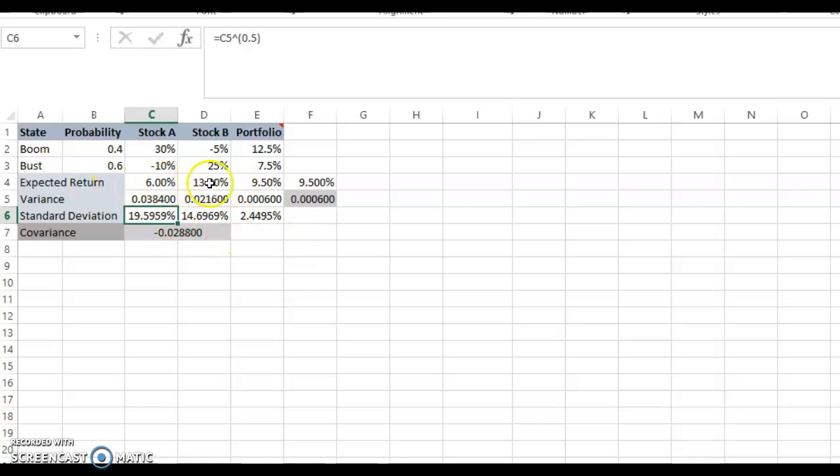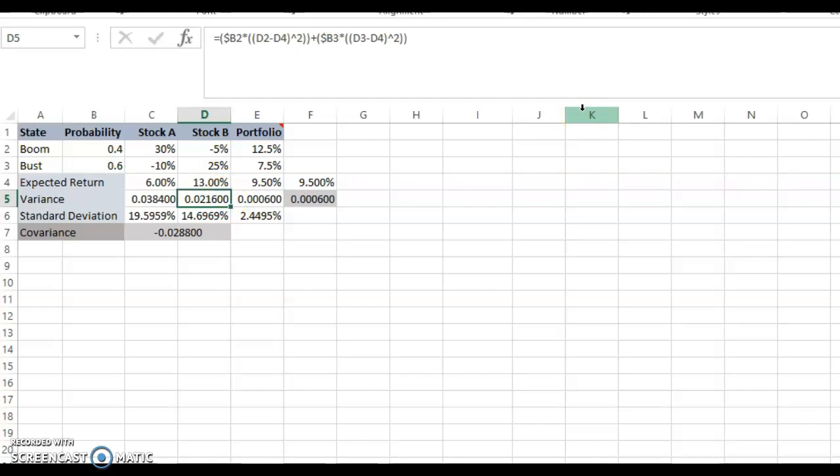So you can do the same for the expected return for stock B, the same way. Let's go through this very quickly. 0.4 multiplied by negative 5 plus 0.6 multiplied by 25, you get 13%. That is the expected return for stock B. For the standard deviation, negative 5 minus 13, you square that, then you multiply with 0.4. That's the first element, you plus that with 25 minus 13, you square that, then you multiply with 0.6, you add the two elements, you get